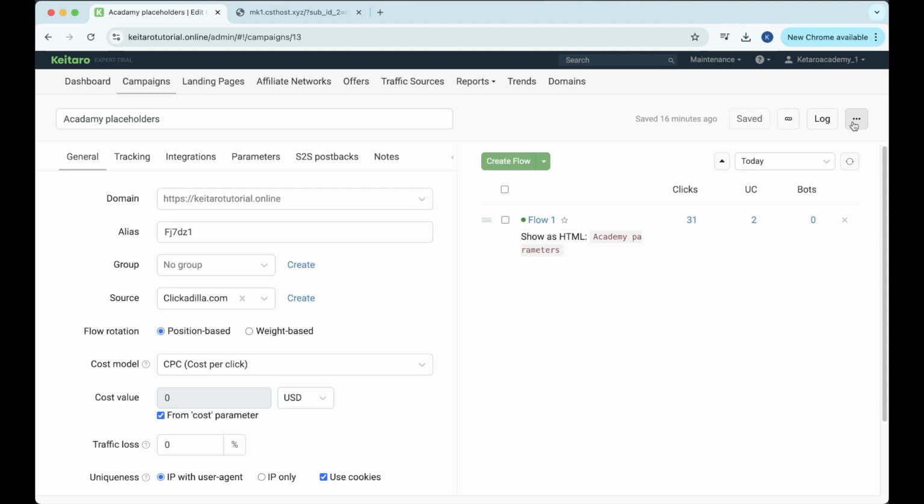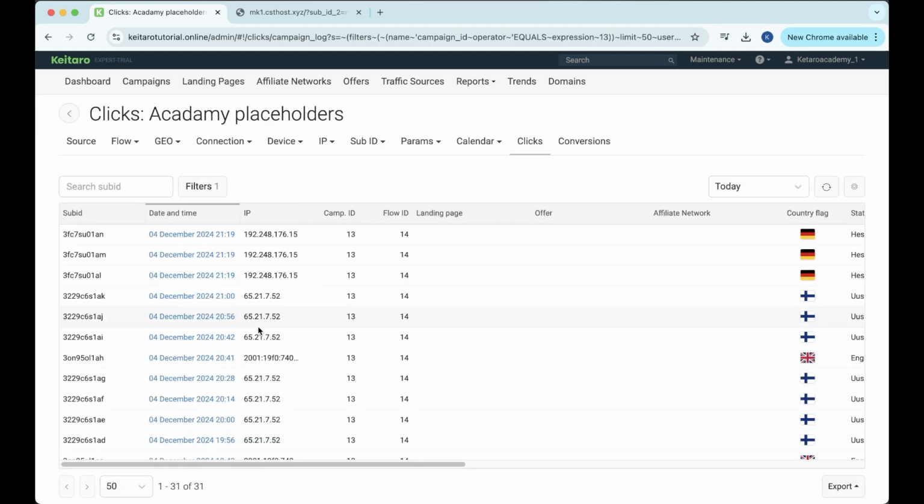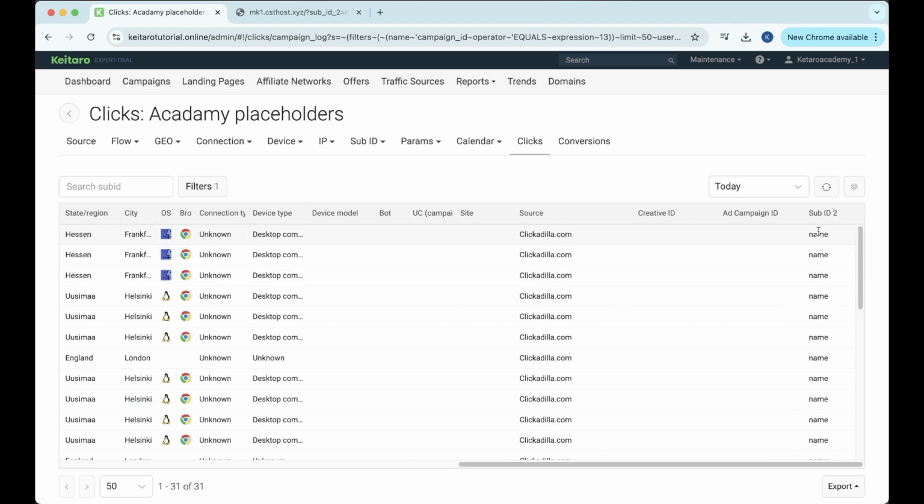Alright, in order to check this, let's open the clicks section. And right here we see these are the last 3 clicks. And we see this is the sub-ID2 for a name. All the clicks have been